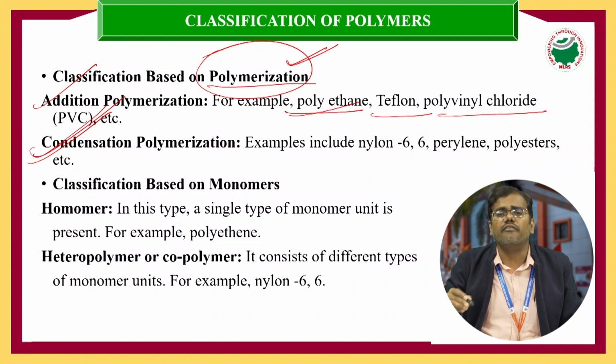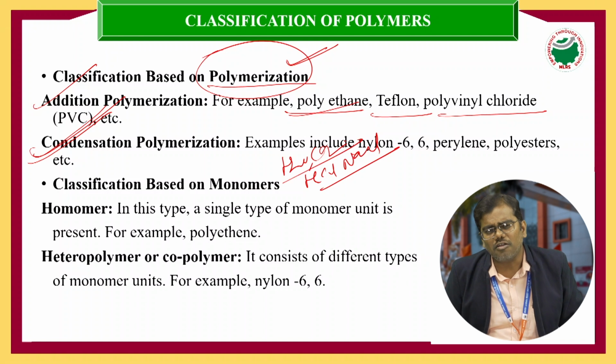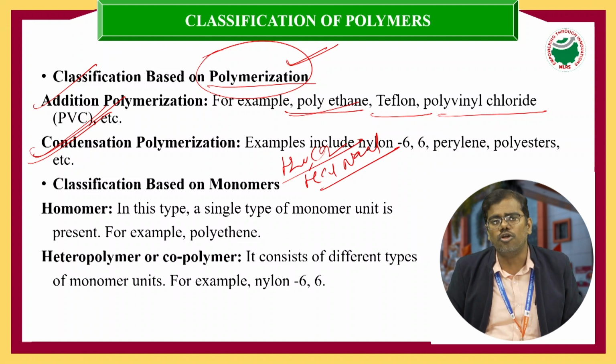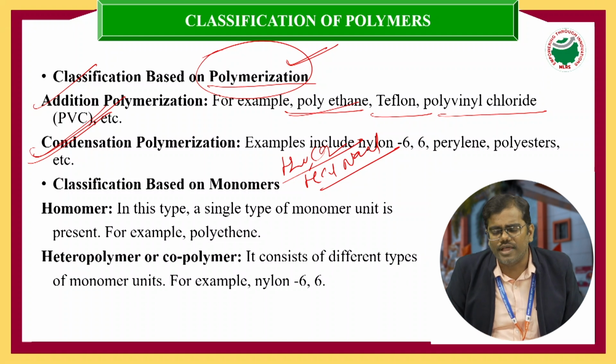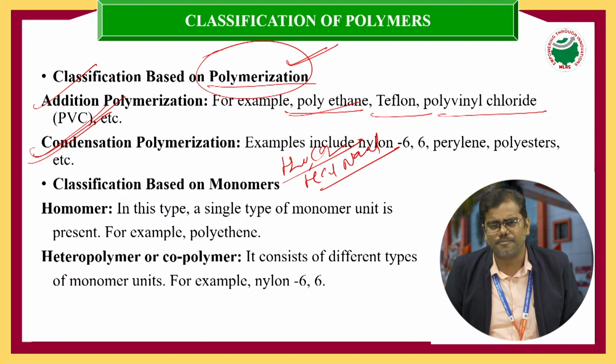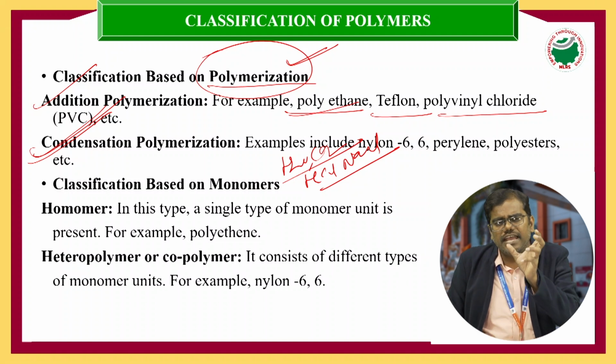The polar groups are eliminated as smaller molecules, for example H2O, CO2, HCl, or NaCl. These are the smaller molecules we eliminate from monomers containing polar groups, for example OH groups, Cl groups, or any halogen groups. Finally it leads to the formation of a strong polymer,